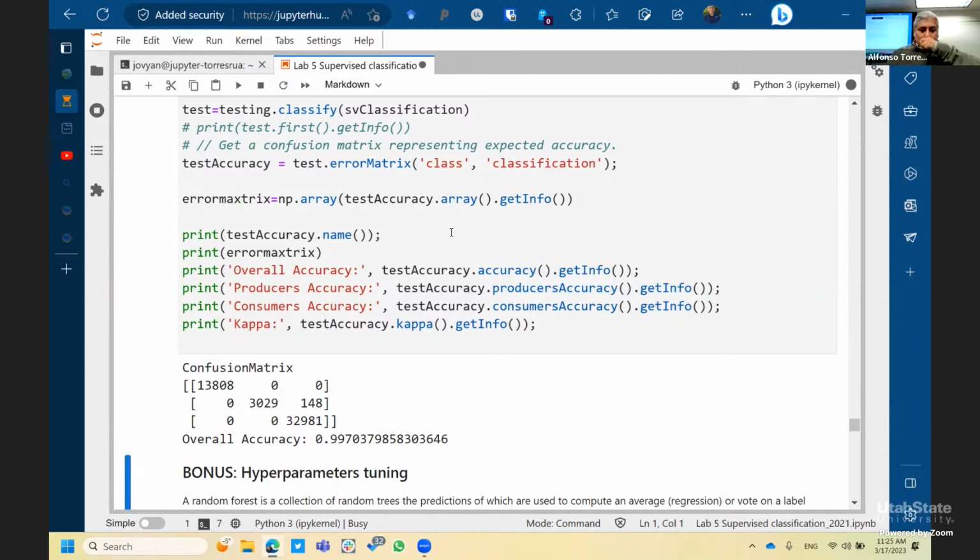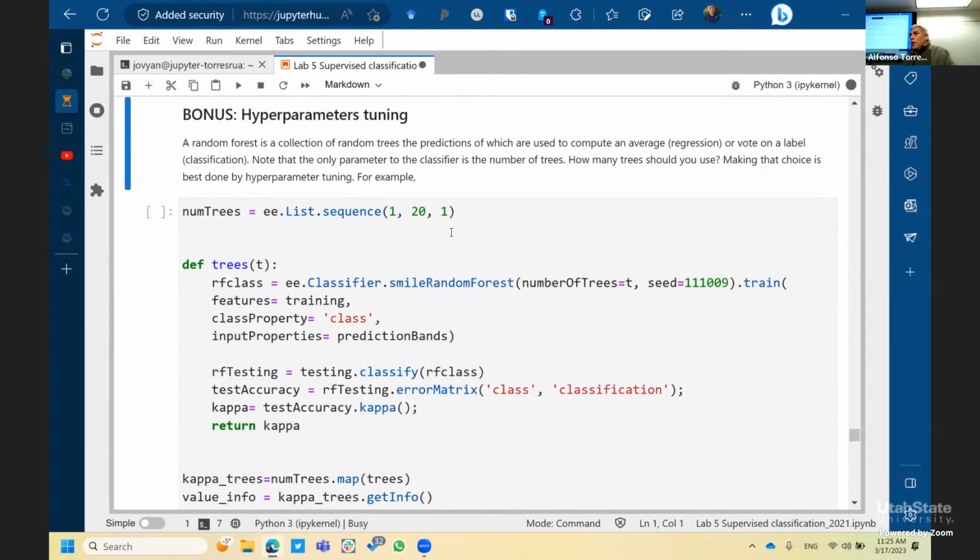Fine? Yeah. All right. Okay, the bonus part. All learning machines are not like the linear regression machines. In linear regression, you define your X, your Y, you throw it into Excel, you get your regression and your coefficients for your linear equation, right? In machine learning, these algorithms are non-linear algorithms, and internally they have parameters that if you change them a bit, the classification improves. So far, we have worked with default values of these internal parameters. Nevertheless, there is a way to test, for the same data,